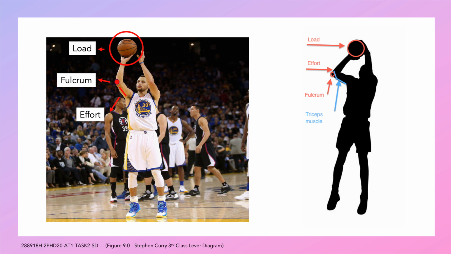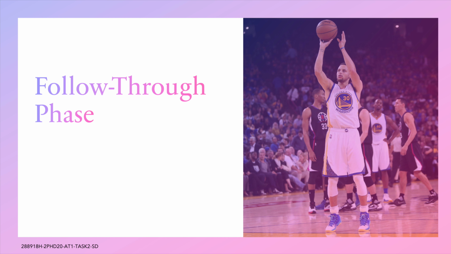Curry's technique involves a third-class lever, with the elbow being the fulcrum, his effort being the tricep and forearm, and the load in the hands, the ball. The third-class lever allows Curry to exert maximal force with minimal effort, enabling him to consistently deliver accurate shots even under pressure. The follow-through phase in a basketball free throw is the continuation of motion before and after releasing the